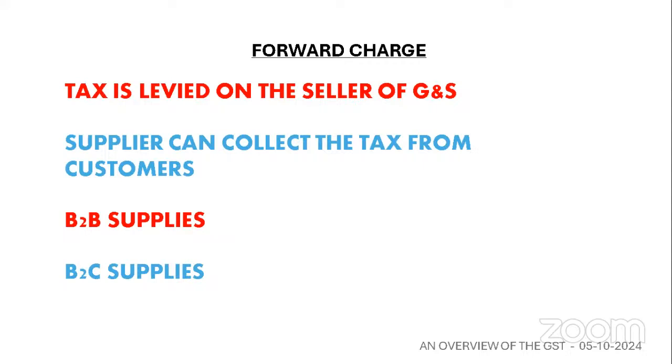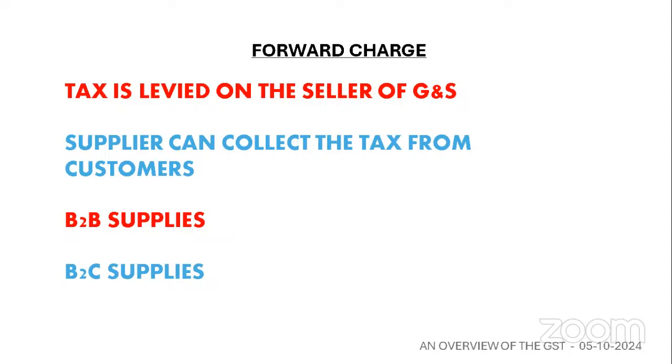Now, the next question arises: the customer is very arrogant. He says, I will give you 50,000 rupees for the gadget I have purchased. Why should I pay 9,000 rupees to the government? I will not pay it. Now, you as a dealer agree to that. You collect only 50,000 from your customer and the customer takes the gadget at only 50,000 rupees. Instead of paying 59,000, he paid only 50,000. Now you collected 50,000. It is your money.